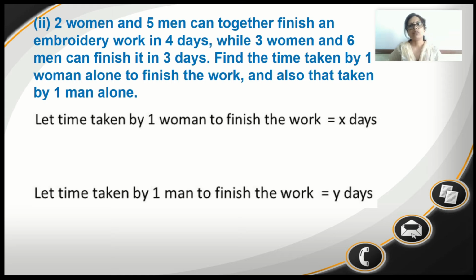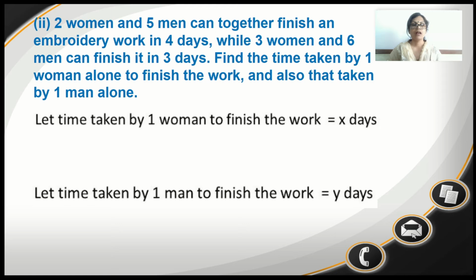Now understand one more thing. Suppose I complete my work in 7 days. So in 1 day time, I will complete 1/7 part of the work. Is that correct? Understand once again. You complete your work in 4 days. How much work will you complete in 1 day? In 1 day, you will complete 1/4 of the total work. Clear? The same condition we have to always take when it is a sum based on work done and the number of days.